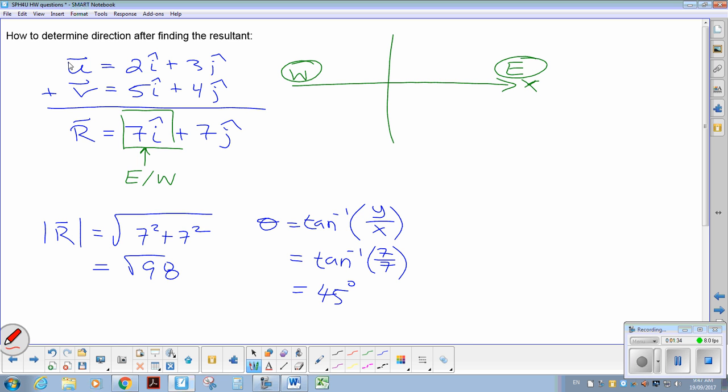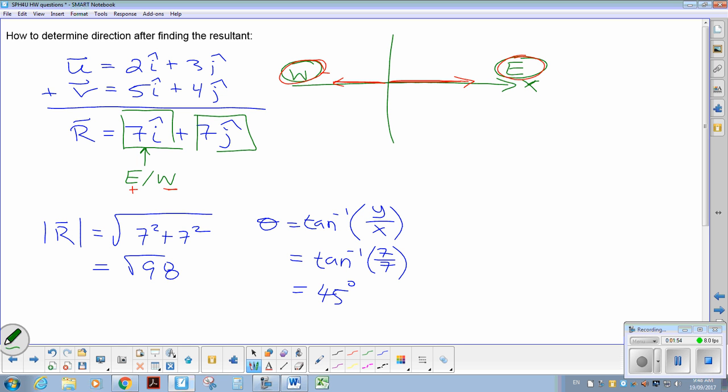If it's a positive value like it is here, that means we moved on the positive x-axis, which means we are heading toward the east. If it would have been a negative 7, that means we would have moved along the negative x-axis toward the west. All right. Similarly,